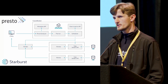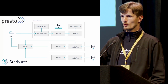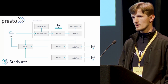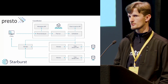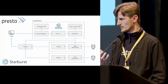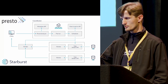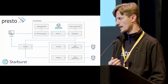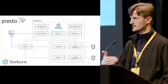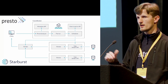There's a metadata API, which allows Presto to understand the tables, schemas, columns and data types that are exposed by your data source to Presto. So Presto will understand the relational mapping from your actual data source to SQL standard objects. And then there is a data location API that essentially allows Presto to understand how to parallelize the execution of